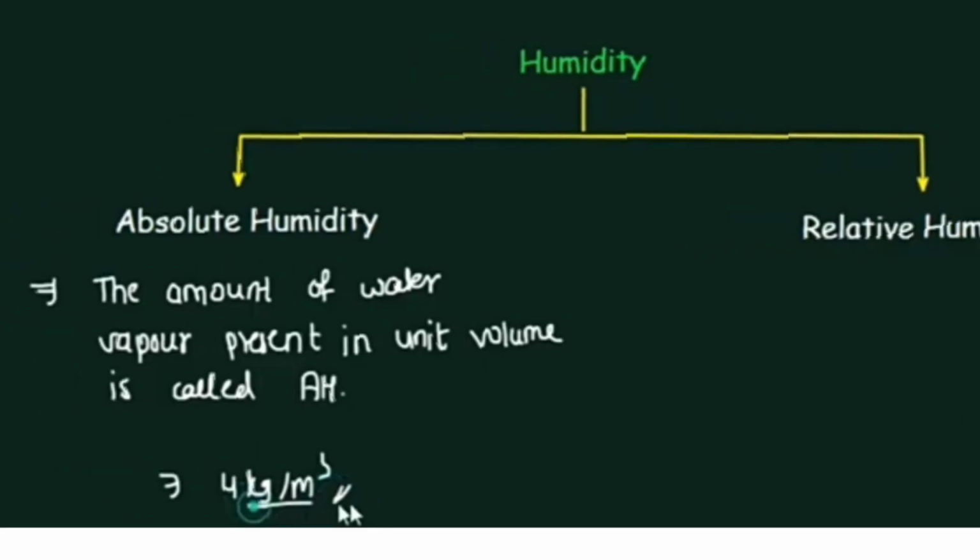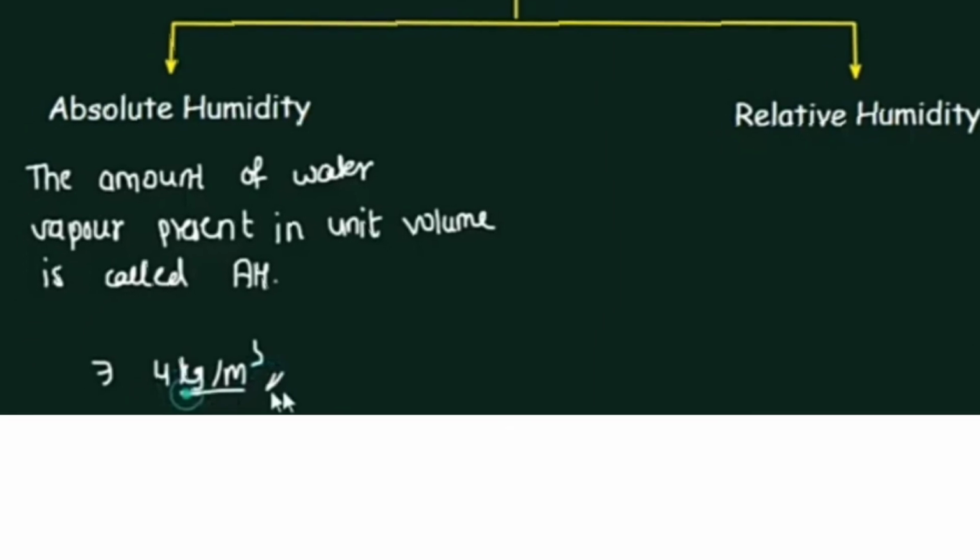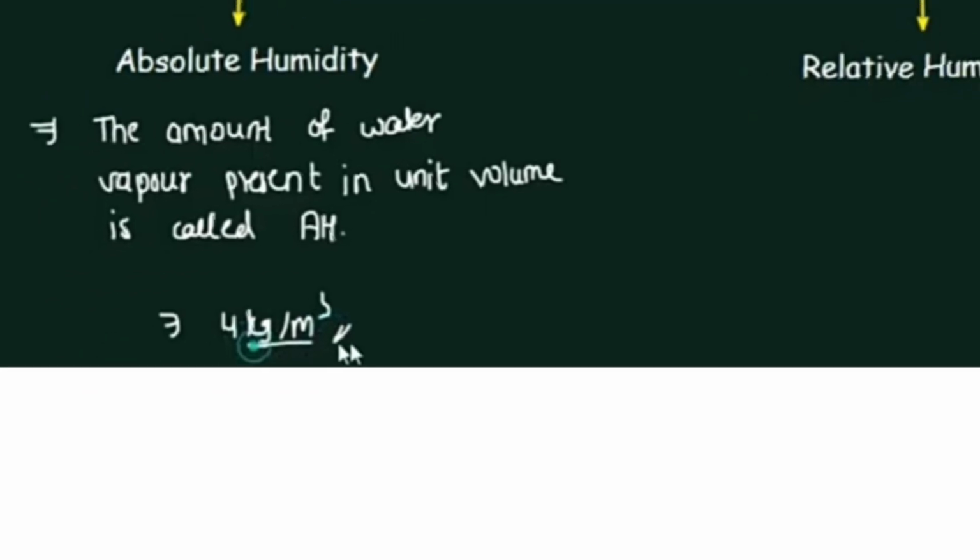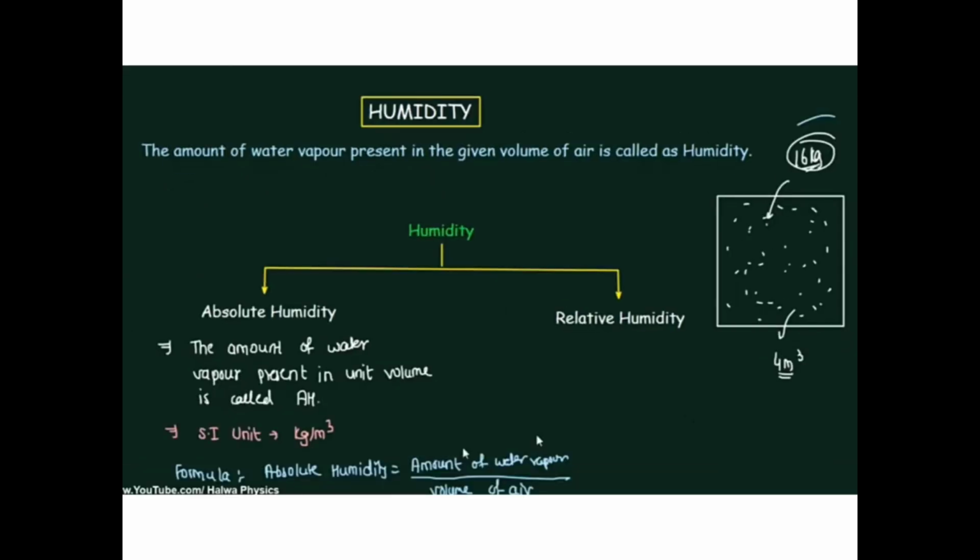So what is the absolute humidity? The amount of water vapor present in a unit volume. Say we have taken 4 kg per meter cube, 1 unit. So 4 kg in 1 meter cube of air is there, then the absolute humidity of that is 4 kg per meter cube. Next,